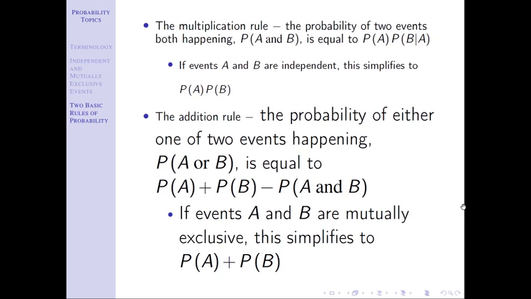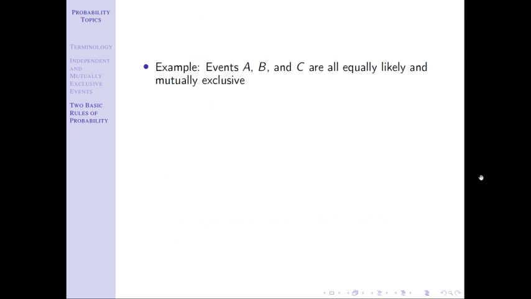It'll be something like x greater than 5 and x less than 3. And you'd say, oh, x can't both be greater than 5 and less than 3. It's one or the other, right? It can't be both. It can be neither, but it can't be both. And so when you say, well, it can't be both, that means mutually exclusive. That means this part doesn't matter, which means in that case, I can just add the two probabilities and move on with life.